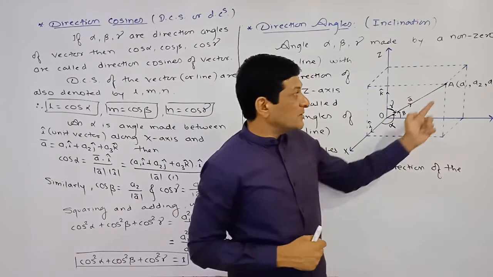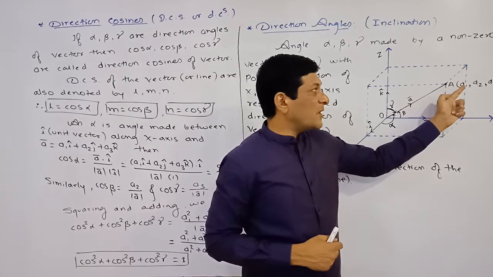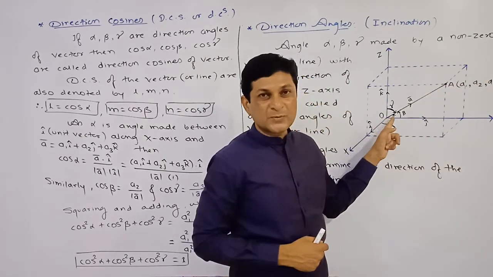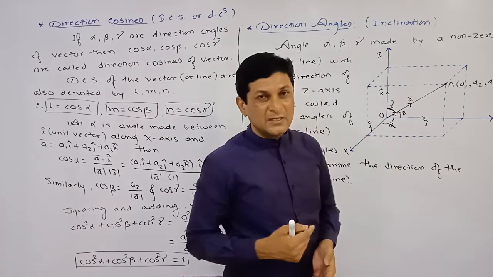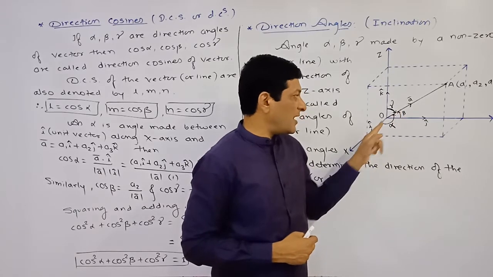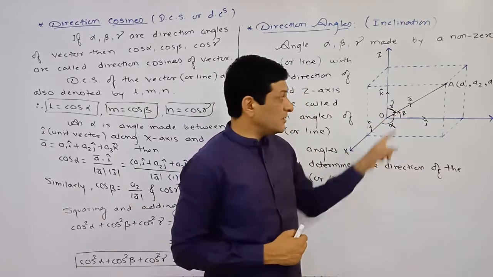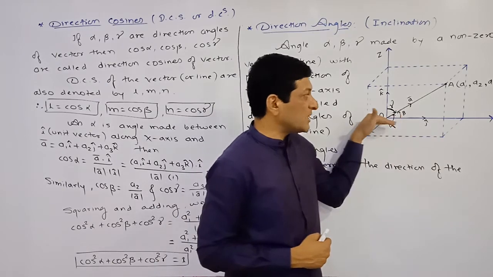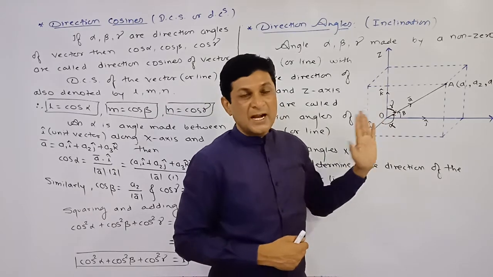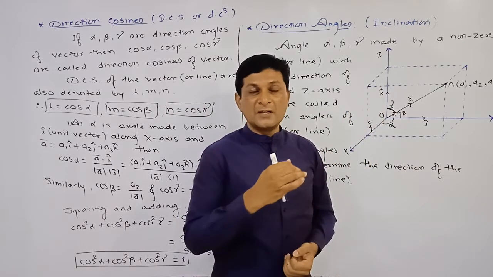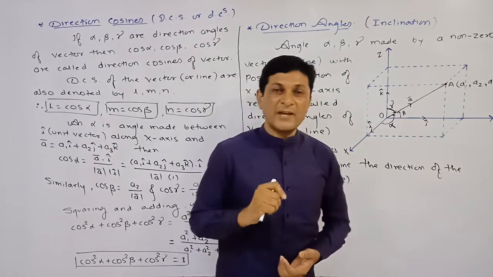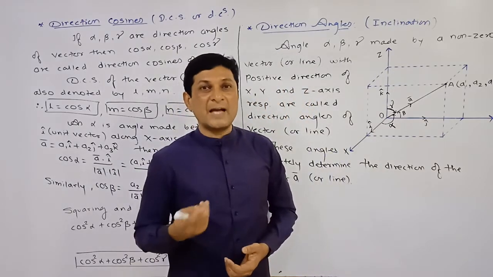So try to understand it with the help of a parallelepiped, or we can say a cuboid also. Now we have taken one point A whose coordinates are A1, A2, A3, and the position vector of this point A with respect to the origin I am denoting by A bar. From this figure you can observe that A bar makes angle alpha with the x-axis, angle beta with the y-axis, and angle gamma with the z-axis. The angles made by this vector with the positive direction of the x, y and z axes are called direction angles.